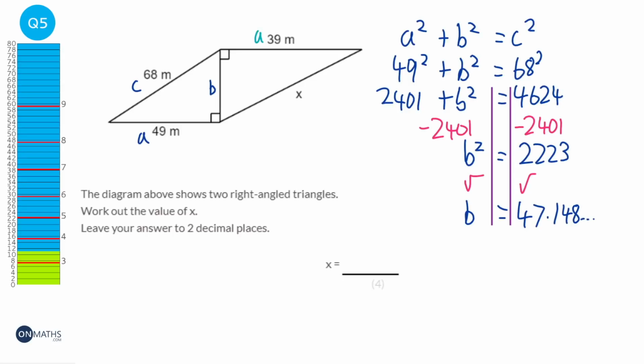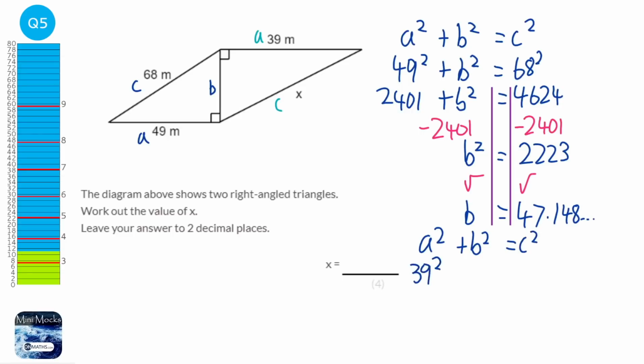we've got our b, and we're going to call x the c. So it'd be a squared plus b squared equals c squared, but this time a is 39. B we are given as 47.148, we've just worked that out. And we're looking for c, in fact we can call it x now. Okay, so we need to square that. So we do 39 squared plus 47.148 squared, and that will be